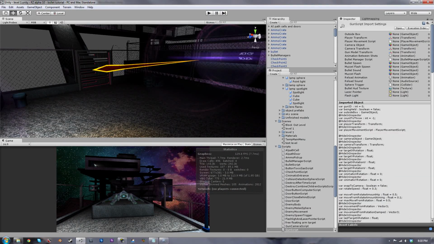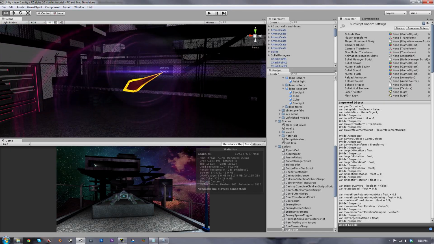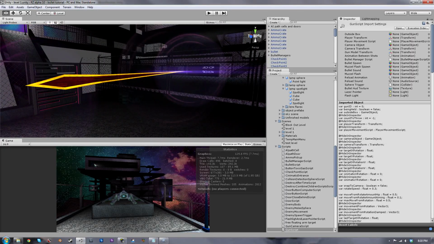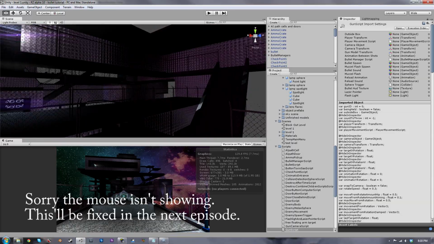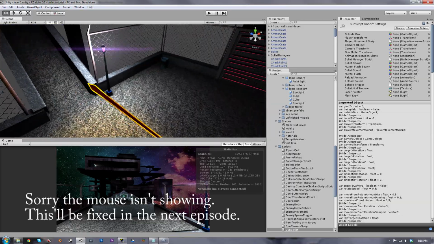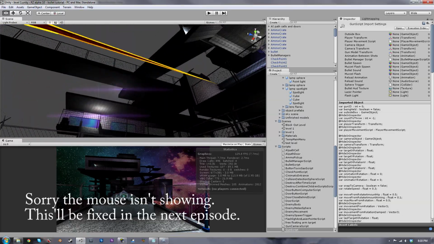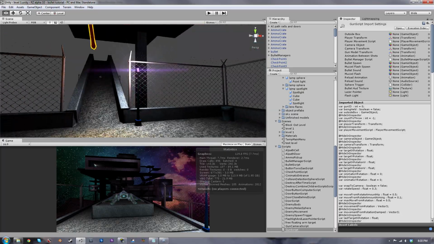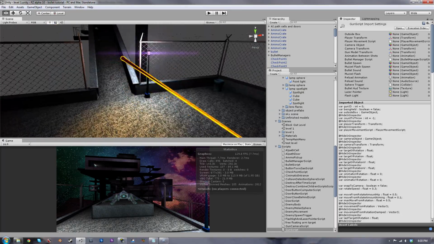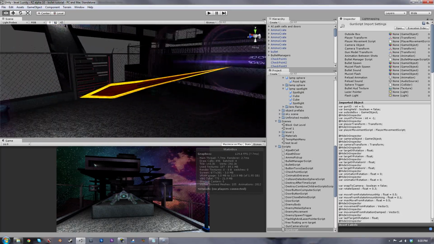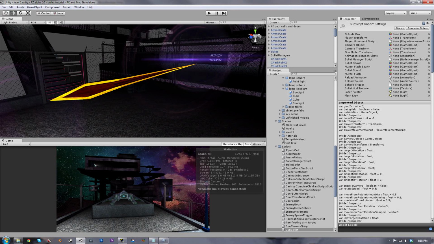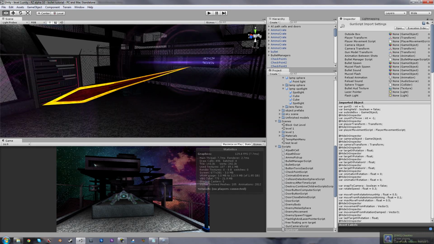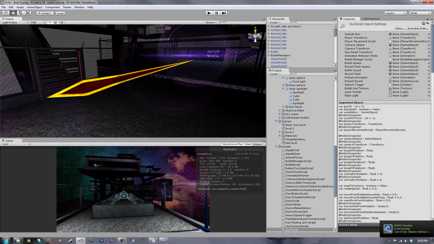Alright, so here we are inside of Unity, and this is where we left off in our last episode. We created this bullet that you can view from any angle, and it will look cool like that, and there's an inner and outer no matter which way you look at it. So we're going to be attaching a script to this object, which basically just when this object is created,